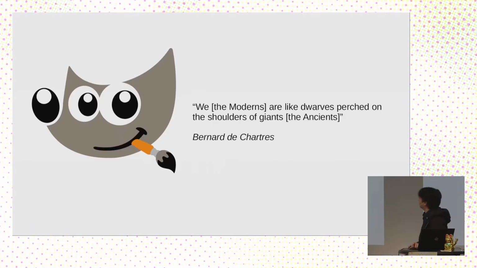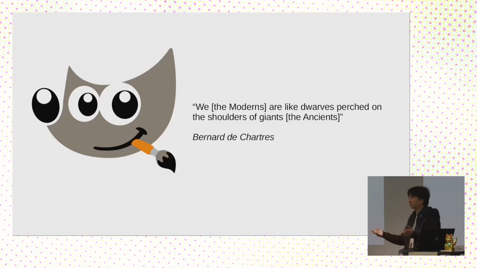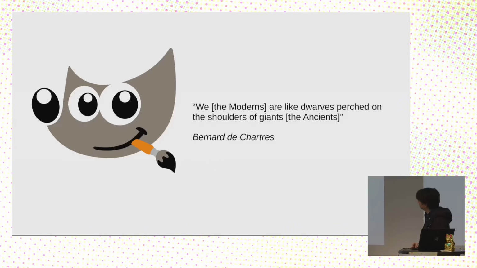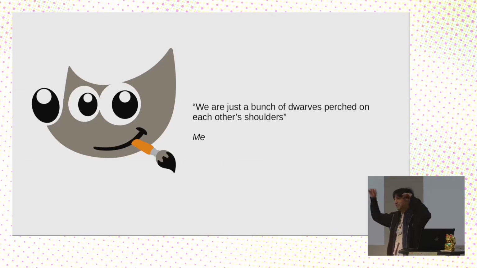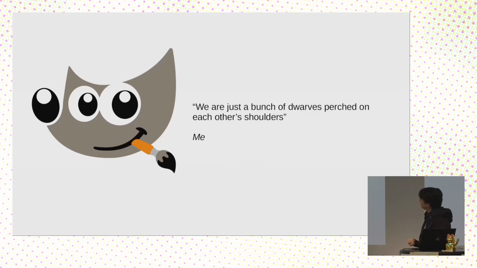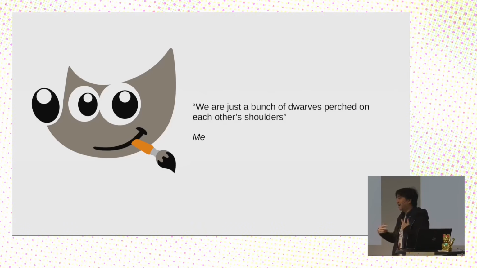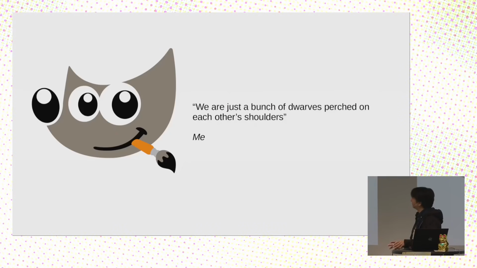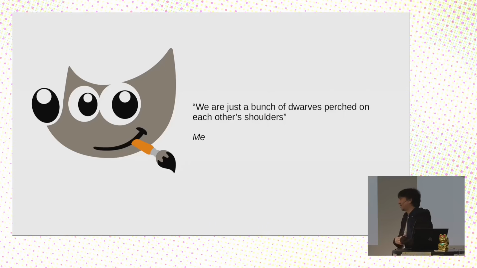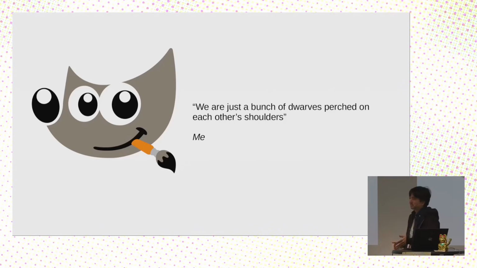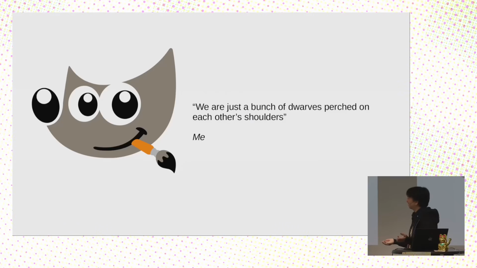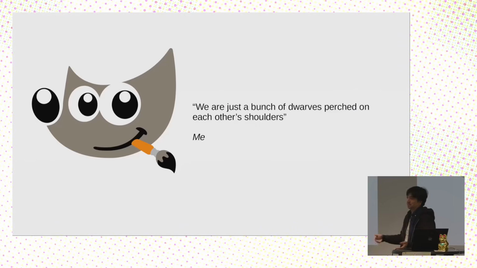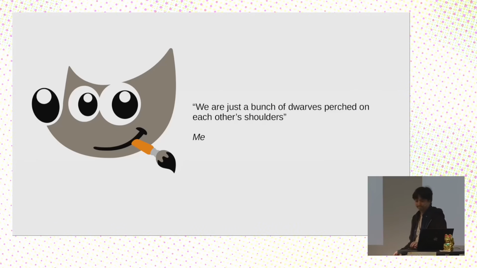There's this saying that we are dwarves perched on the shoulders of giants, and I always found this quote is not right, because we're actually a bunch of dwarves perched on each other's shoulders, right? I like to think that I'm a good developer, but the truth in this kind of project is that even if I'm a very good developer, I could not do this by myself. We use GIMP for animation films, and if I were alone, because we don't have a lot of funds, we would not have GIMP. We would not be able to do what we do, right?